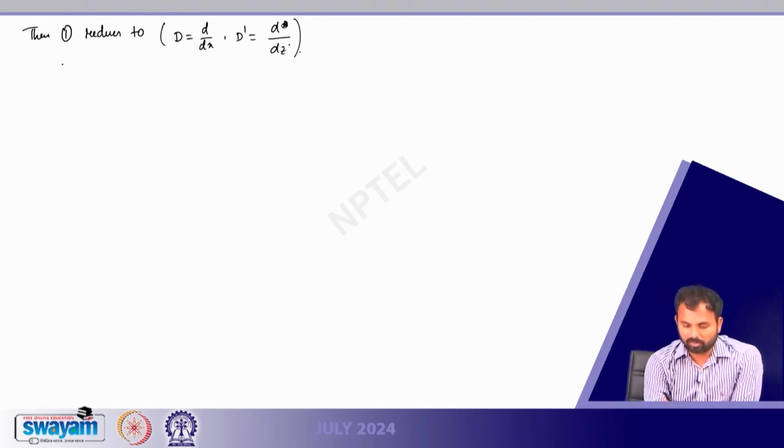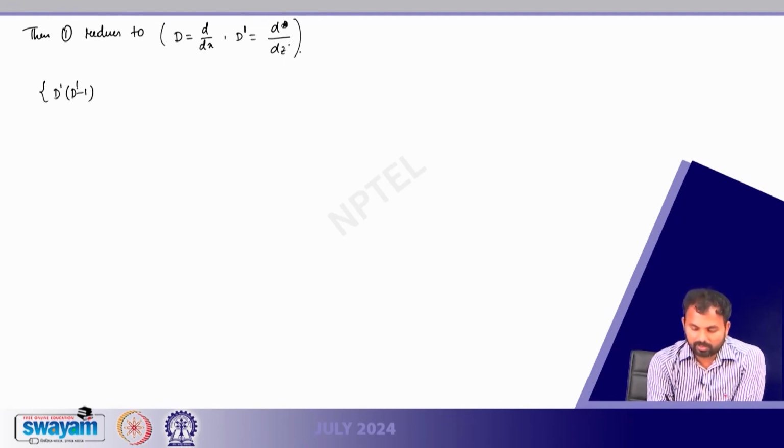So if I use the short notation, then basically our equation will reduce to D(D-1)...(D-n+1)